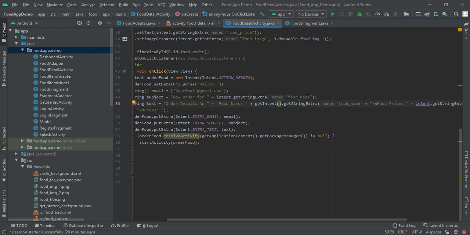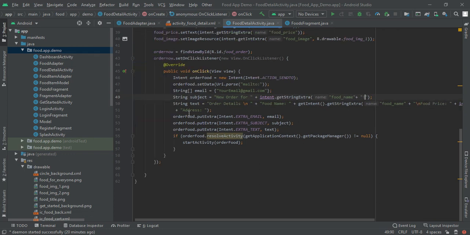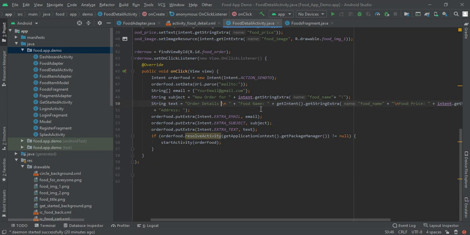So let's add something more, that is exclamatory sign. Next, I had set some data. So for our food details, I had make them down below. So let's add once more. So this slash n will make leave some space.